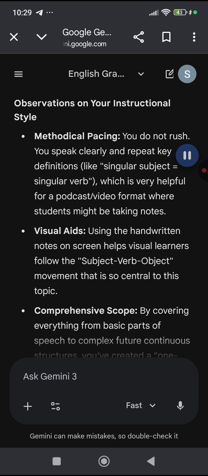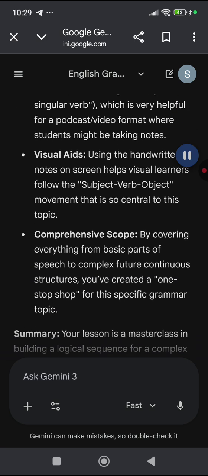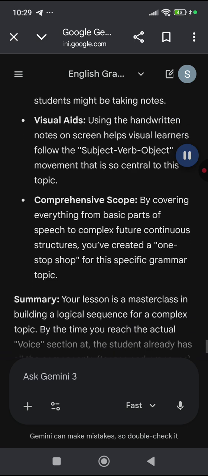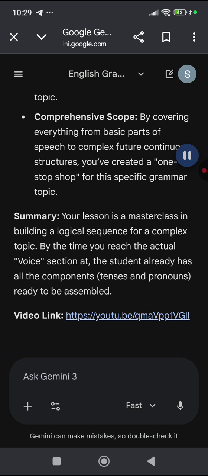Visual aids. Using the handwritten notes on screen helps visual learners follow the subject-verb-object movement that is so central to this topic. Comprehensive scope. By covering everything from basic parts of speech to complex future continuous structures, you've created a one-stop shop for this specific grammar topic. Summary. Your lesson is a masterclass in building a logical sequence for a complex topic. By the time you reach the actual voice section, the student already has all the components